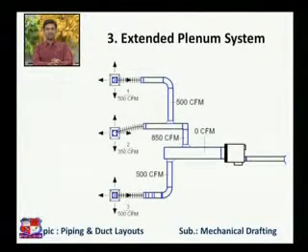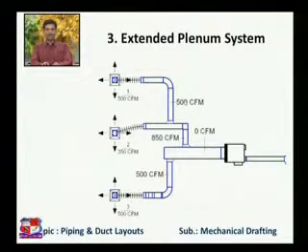This is the duct layout for the extended plenum system. Here an extension line, or extension duct, is provided. It is coupled with this machine which gives cold air or hot air, and it is distributed through these extensions at various places: place 1, place 2 and place 3. So with a single machine, at 3 places the ducts are giving cold or hot fluids.